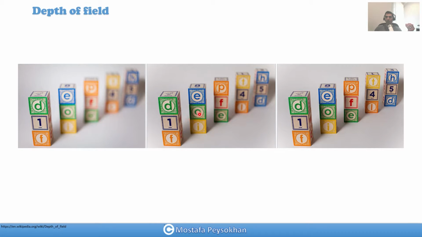For the second one, the first one is sharp, the second one is sharp, the third one is somehow not that sharp, and the fourth and fifth ones are not sharp. But in this one, you can see all of them are sharp. So when you want to compare these three images, we can say that for the first one, the depth of field is small because we only have one object in focus. This one is a little bit longer. This one has a very good depth of field because we can see 5 objects, all of them in focus. So this one we call shallow depth of field. This one has higher